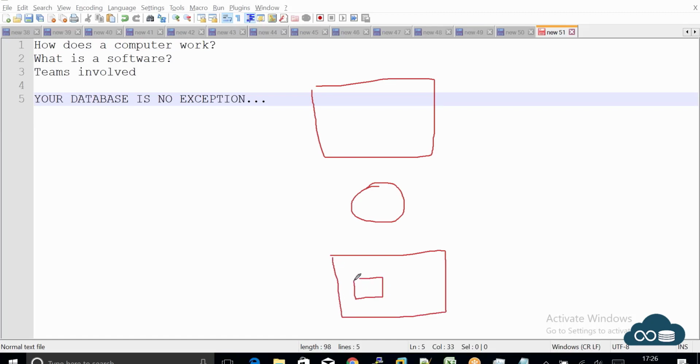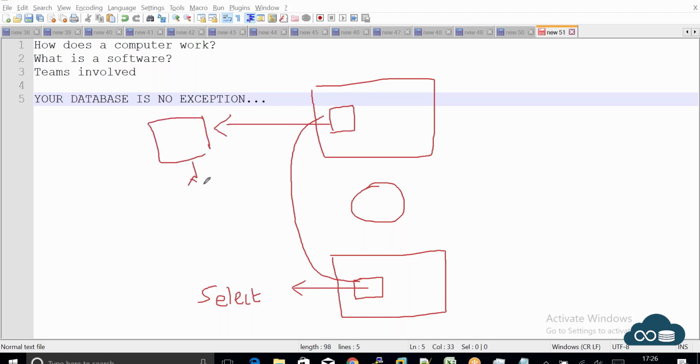Hard disk is where you store your table. You double click on this table. What do you mean by double clicking on this table? Select star from employee. When you double click on this table, it is fetched to your RAM and displayed on your computer screen. Who is going to do that? Your CPU. What is the terminology here? This is your SGA, this is your server process, and this is your data file. That's it. The naming convention is changed, but the main working culture is the same.